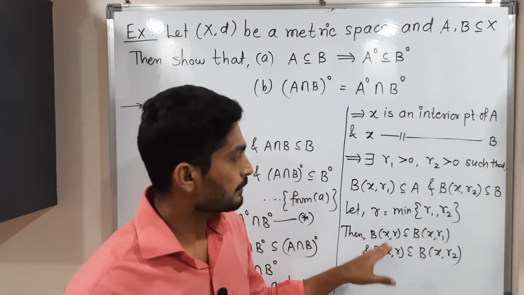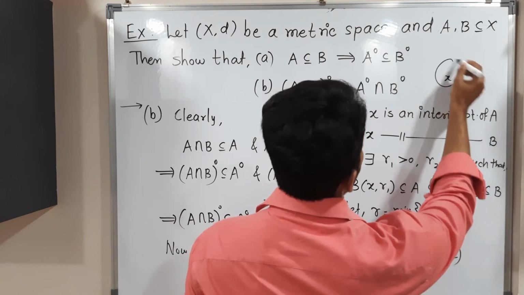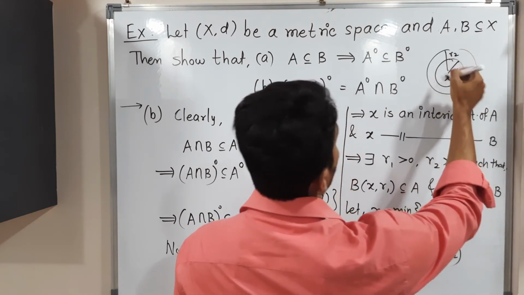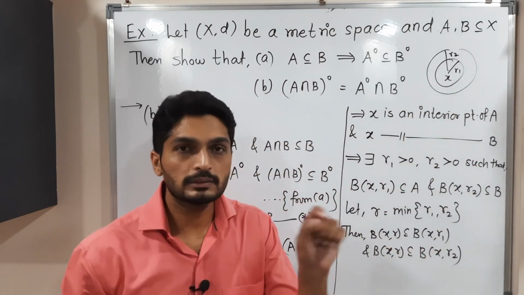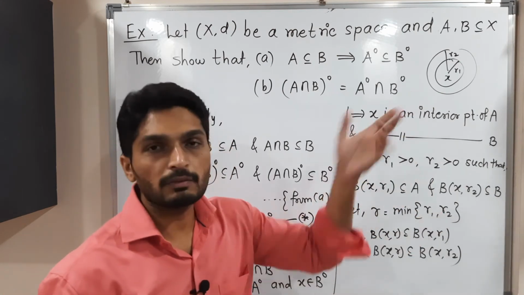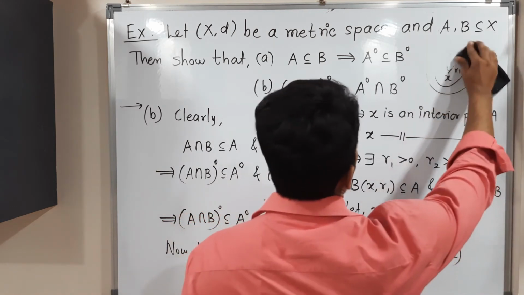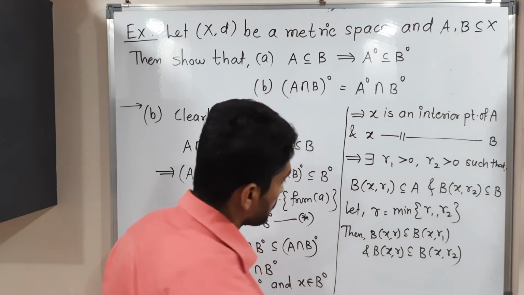See, so that means if you choose the minimum, just like this one, X center is same. Suppose this is R1 and this is R2. So in that case, minimum will be R1. So we will have equality here and we will have proper subset. You are getting? Or if R2 is minimum, then we will have exactly the opposite thing. So let me remove this diagram. I had drawn it only for understanding, okay?